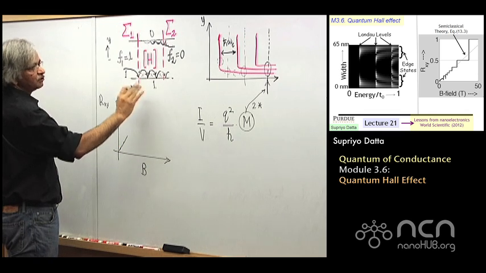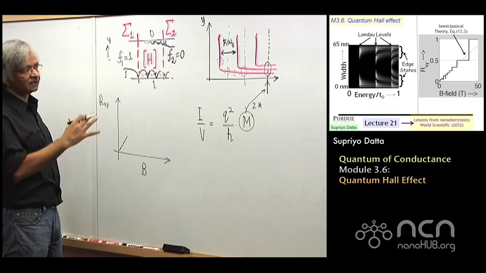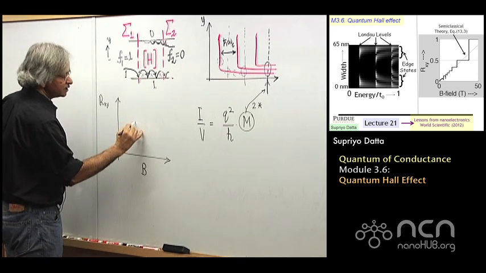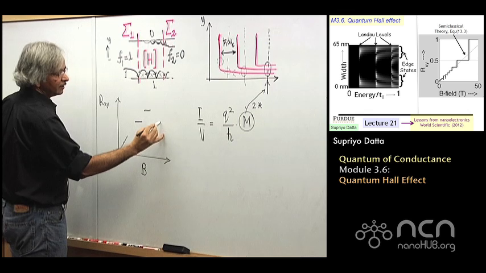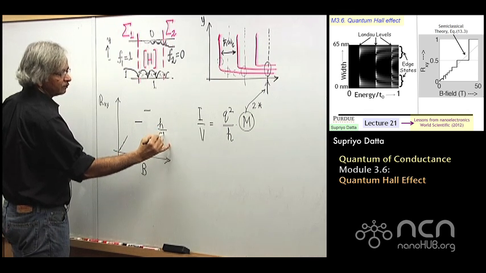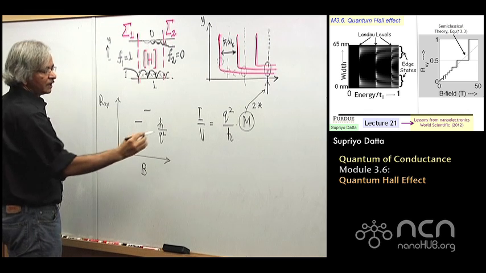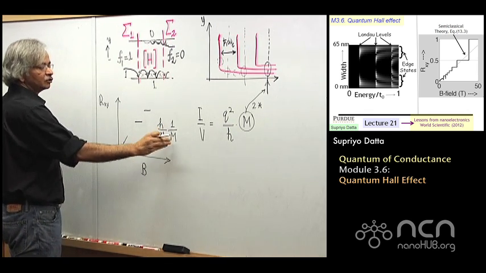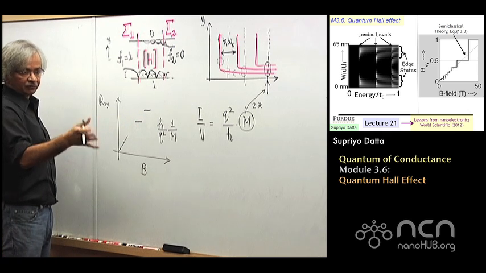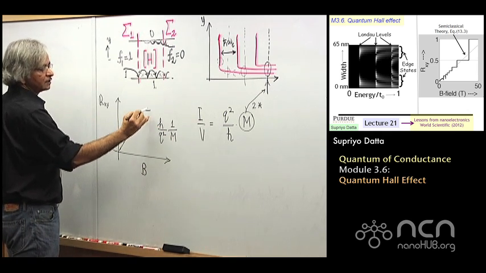But once you get to these high fields where edge states can form, and you have these fantastically ballistic conductors, you actually see quantized values, which are given by h over q squared, which, as you know, is about 25 kilo ohms, and then 1 over M, and this M is 2 times the number of edge states, 2 being due to spin. And you'd see these